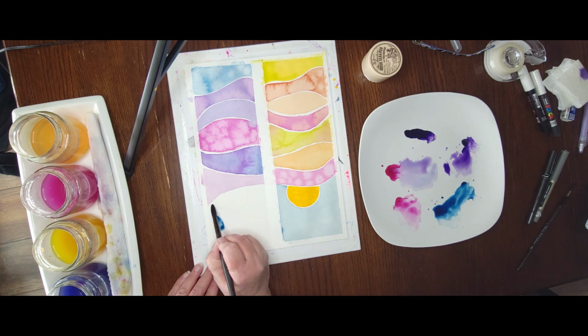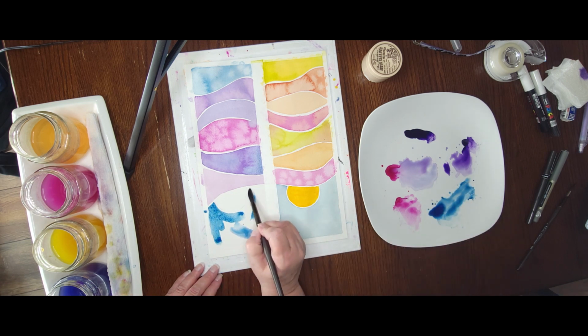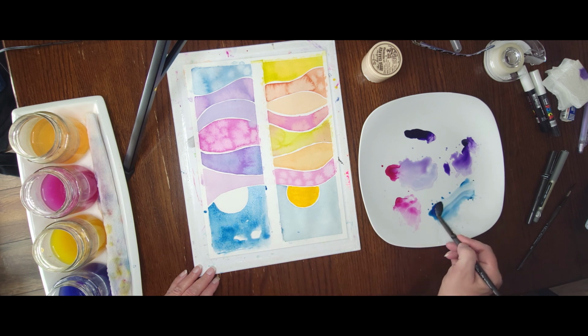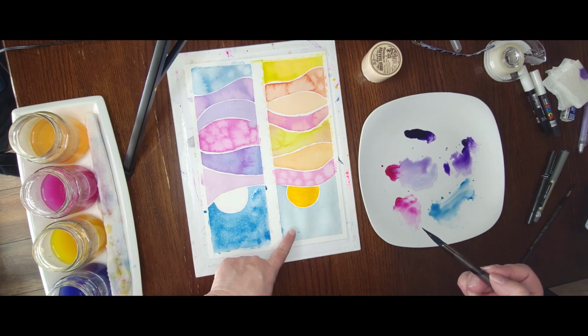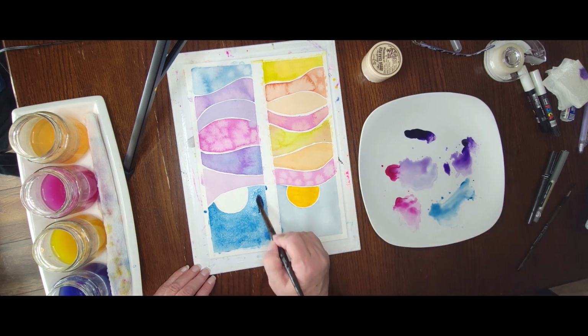as I'm doing this one because I want it to be darker, and I'm probably going to come back and dip some purple in it up around the corners so that I get a nice dark night sky. So I'm just grabbing all this darker blue, not really watering it down much. And when I get it on there, it's not dark enough compared to my daytime one for me. So I'm just going to go over to my pan and grab a little bit more paint on this brush